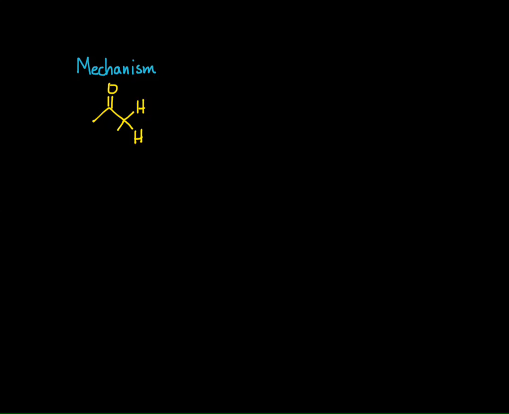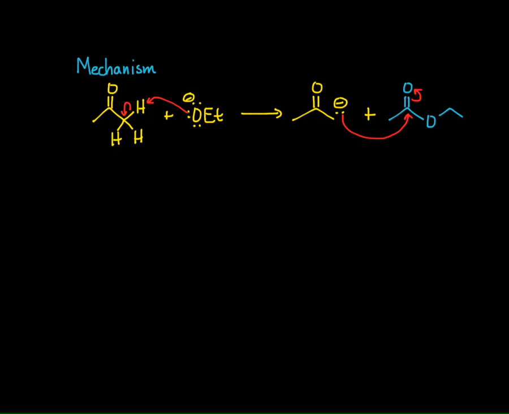So in order to do that, we have to think about the mechanism of this reaction. And of course, the first step is that my ketone, in this case acetone, is going to react with the ethoxide and undergo deprotonation to form my enolate. So here's the enolate, and now that enolate can react with my ester, ethyl acetate. It undergoes an addition reaction to give me my addition product. So notice I've chosen, to kind of distinguish the two of them,